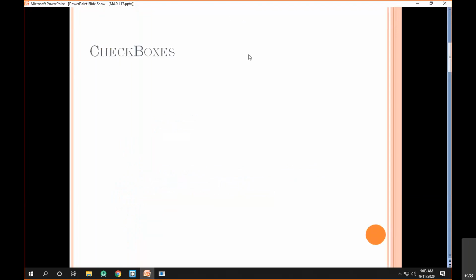This is a control that you have already worked with in Java as well as C Sharp .NET. The same kind of control is available here. If you want to give a choice, or multiple choices out of n choices, you use a checkbox.